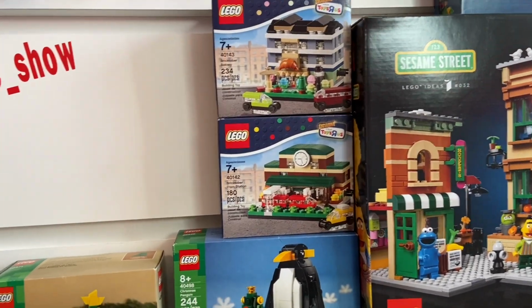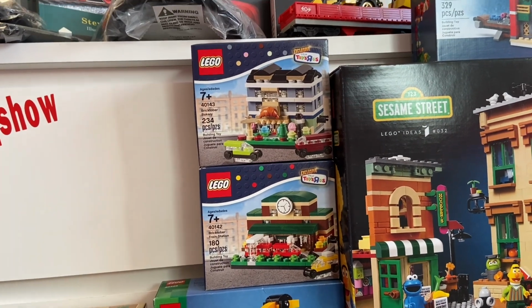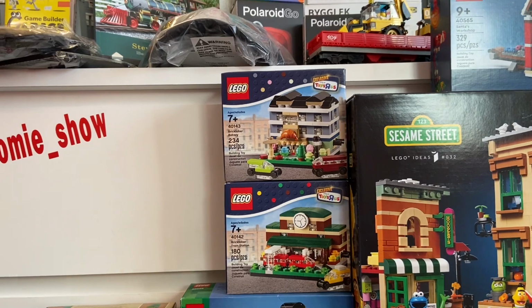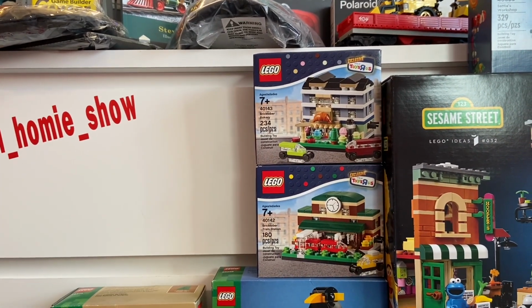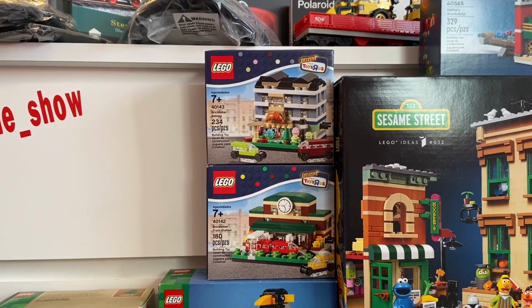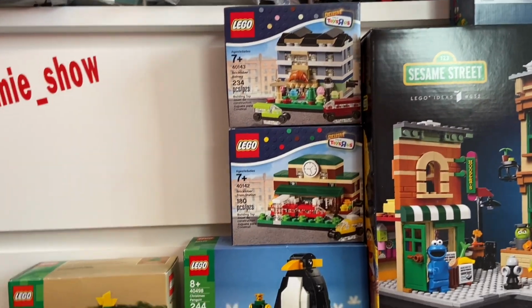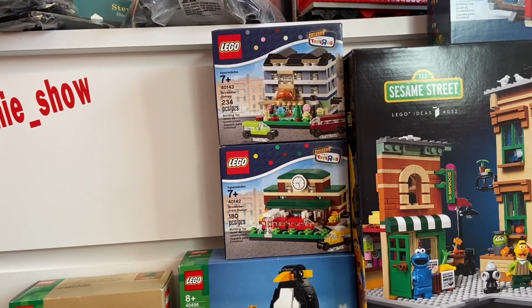Directly above that, we have two Toys R Us exclusive sets, which is really interesting. I opened up this one first and my eyes just about popped out of my head out of how surprised I was, because I haven't gotten any Toys R Us exclusive stuff since my local Toys R Us went out of business when Toys R Us declared bankruptcy. But anyways, there is Lego Toys R Us exclusive set 4014, which is the one on the bottom, and the one on top of that is